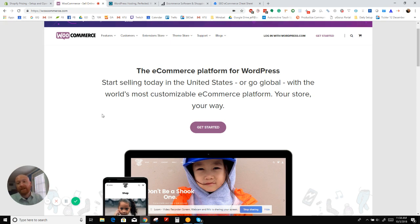I also add Cloudflare to mine. That's kind of out of relevance here, but Cloudflare just gives you some extra security and stuff like that, and I think it's free too. So let's move on to the third of the big three, and that would be